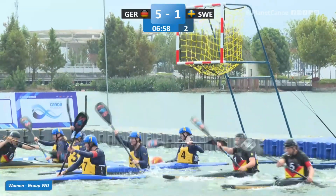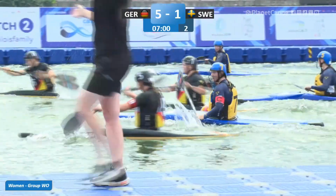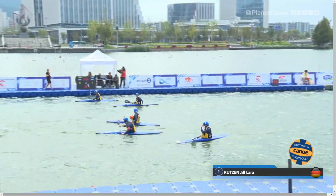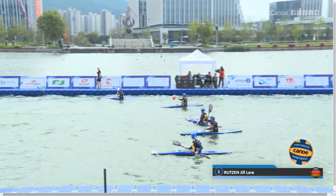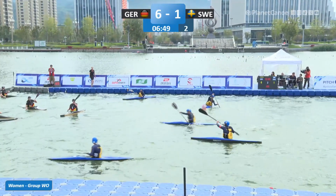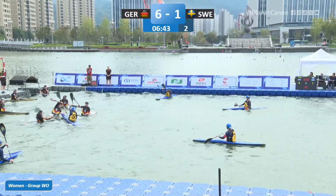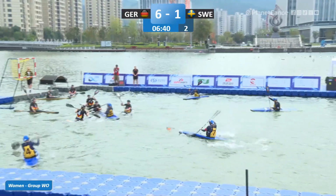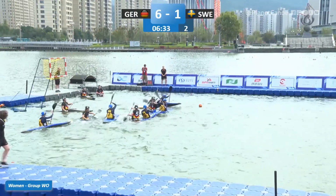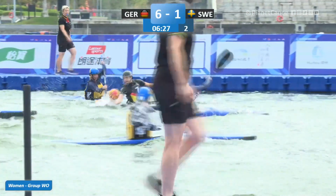Well, we do see Rutsen managed to get past the goalie just now. But so far, by far the most goals that the Germans made were in fast breaks. And you're more at risk of that if you use a man on defense. But it's also the thing you have to keep in mind, that there is a very big difference in player count actually between these two countries,